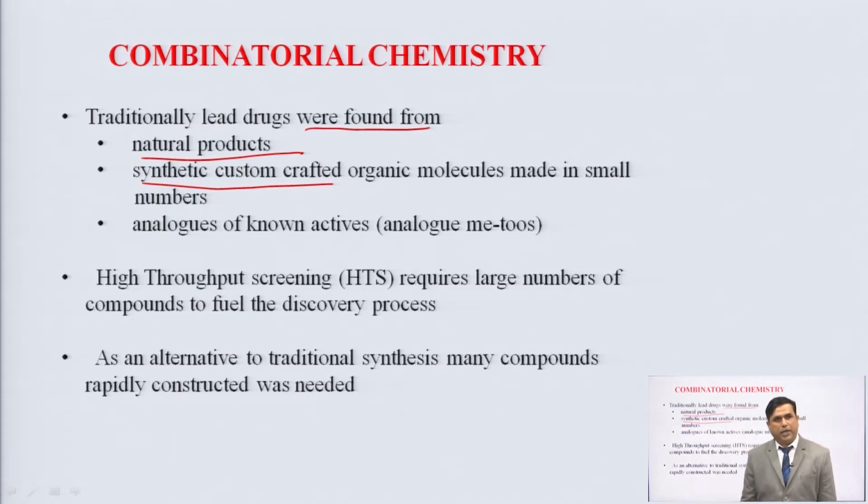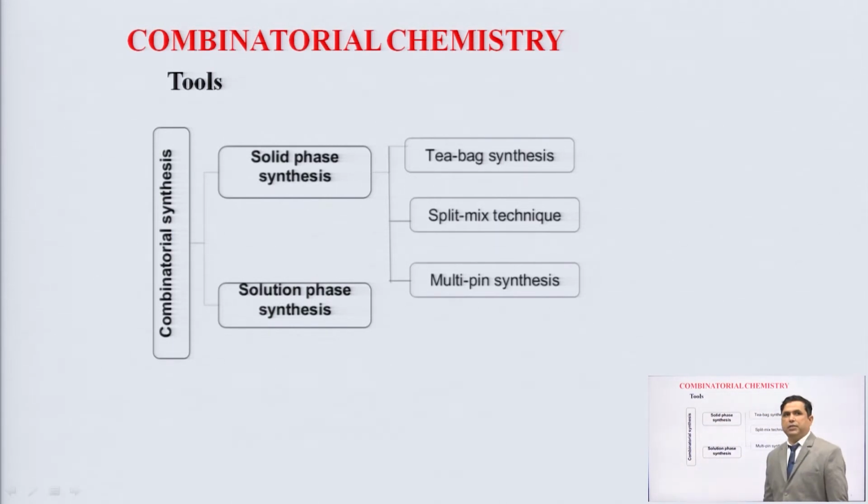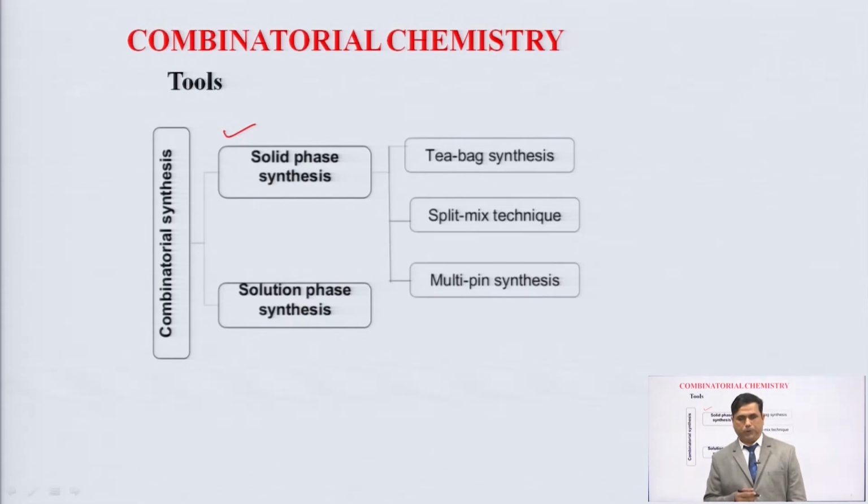Now, high throughput screening requires a large number of compounds for screening for activity, and as an alternative to traditional synthesis, rapidly constructed compounds were needed. So, various tools are available nowadays in combinatorial chemistry. Basically there are two basic methods that we can apply